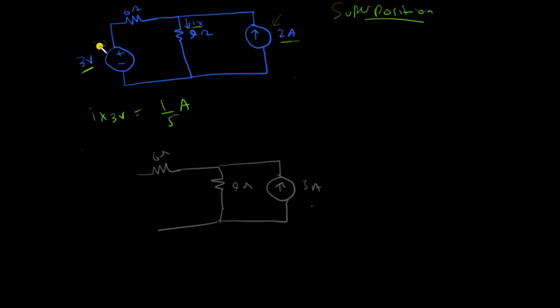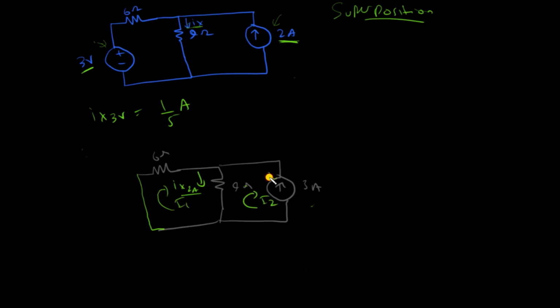So now I'm removing the voltage source because I'm only considering the current source. When you remove the voltage source, you do it with a short circuit. So I'll just redraw a short circuit here, and this is my circuit, and this current now is Ix 2 amps, which is the Ix due to the 2 amps current source. So I need to solve the circuit for the Ix, and I can just apply a super mesh analysis, and I'll just do it now.